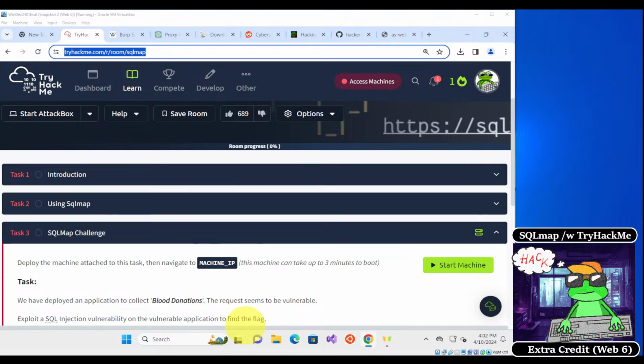So please navigate to that web page and we'll get started. So SQLmap is a program which people can use to automate SQL injection on a particular vulnerable web server. So the first thing you want to do upon joining the room is to